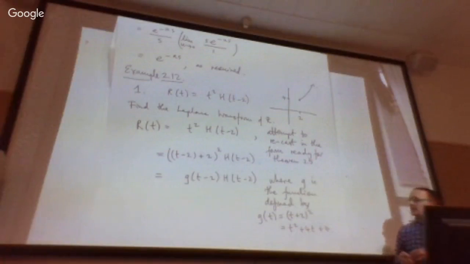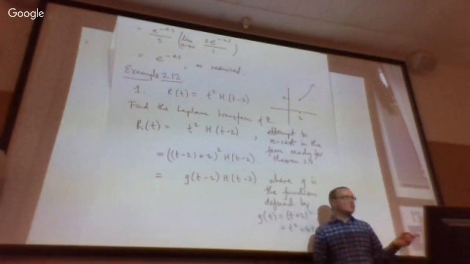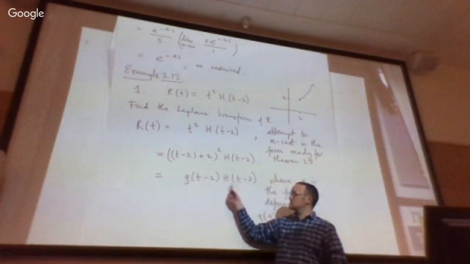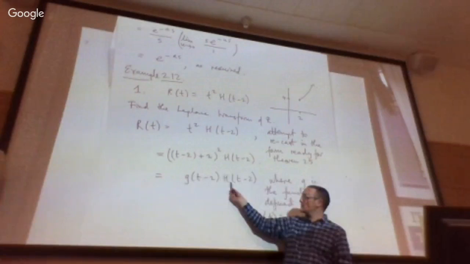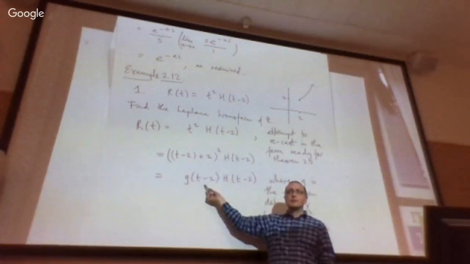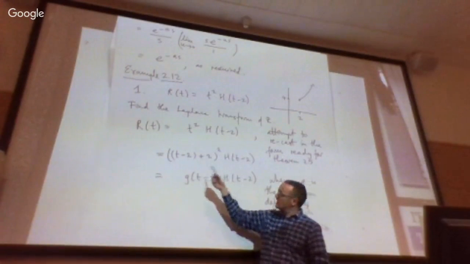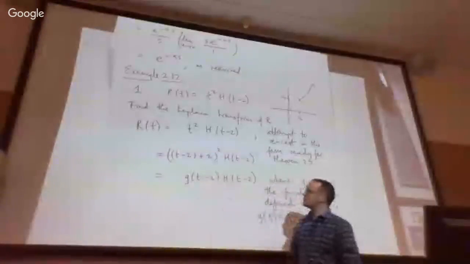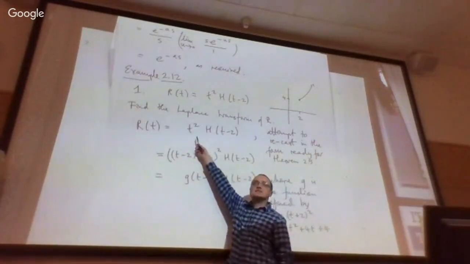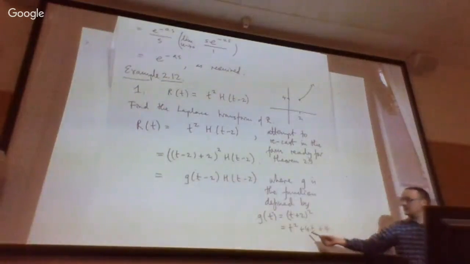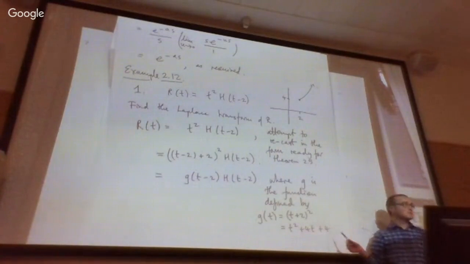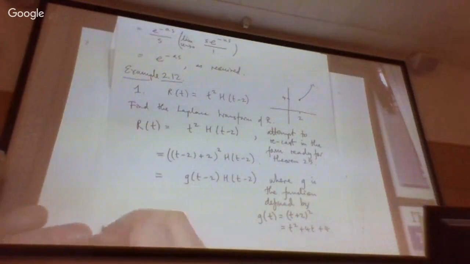The reason we're doing it here is because the property we proved for transforming things multiplied by Heavisides requires that the function be in this form: whatever argument the Heaviside has, the function is expressed as a function of that same argument. Okay, but here it is. We've identified which function g you apply to t minus 2 to get the quantity t squared. And the answer is this function here, the polynomial t squared plus 4t plus 4. Okay. So now we can apply